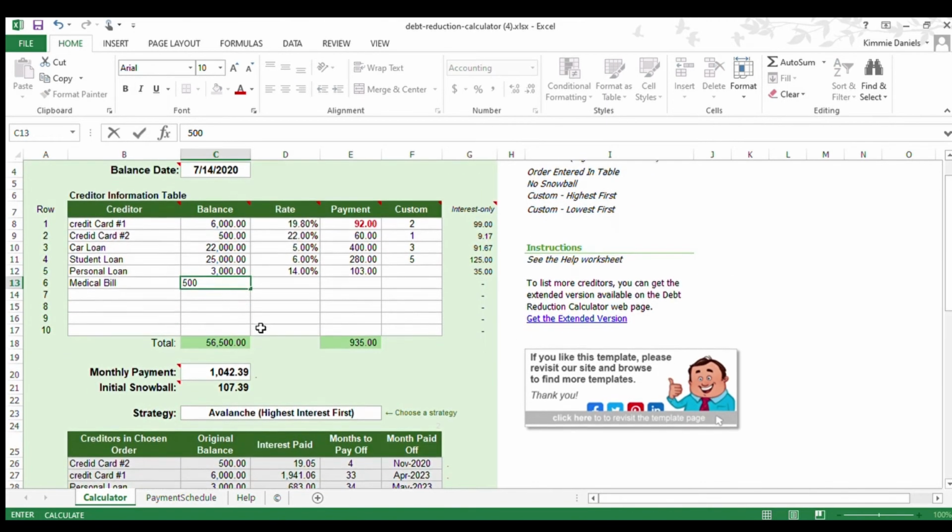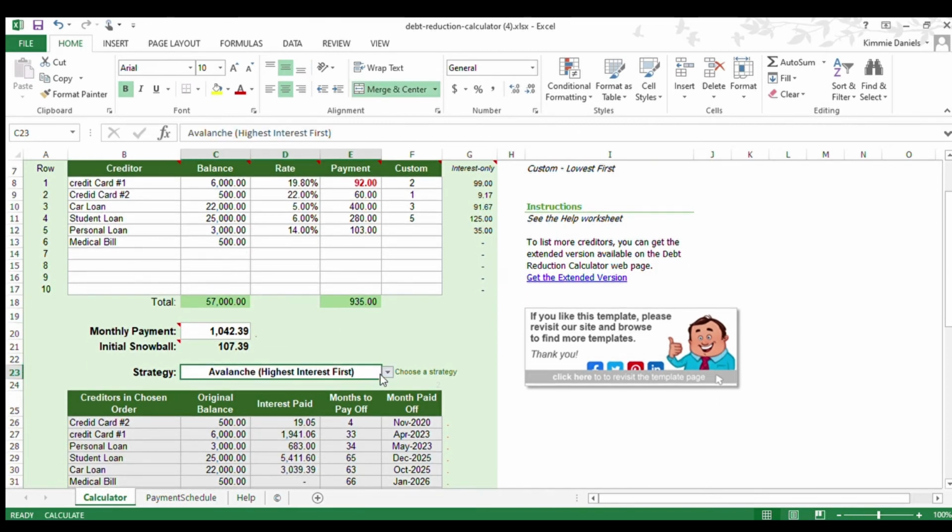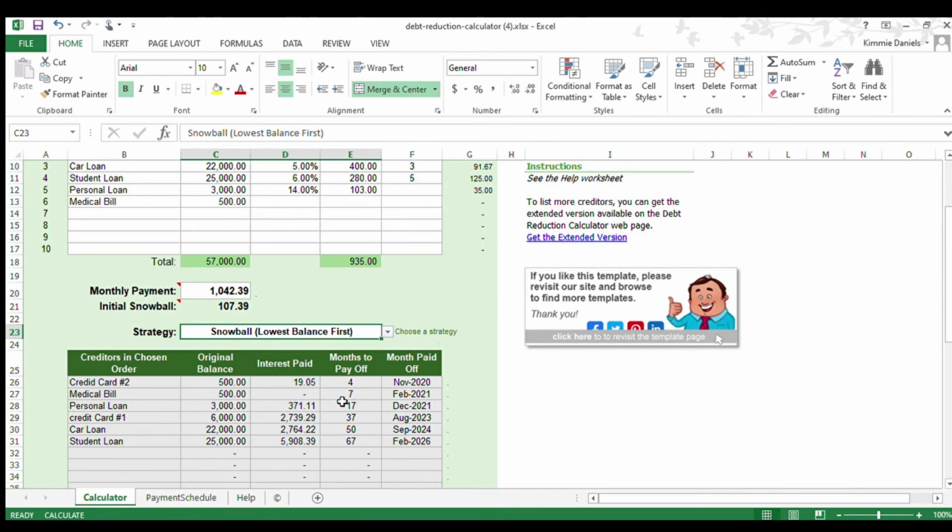So let me just show you right now that issue I was talking about earlier. If you do the Snowball method, it's not going to do the medical bill first. And so I highly recommend you either change the order, pay off the medical bill first, whether it's setting up minimum payments or paying it up front, and changing the order up here, because medical bills can then go into collections if you don't pay it off ahead of time. And definitely take that into play.